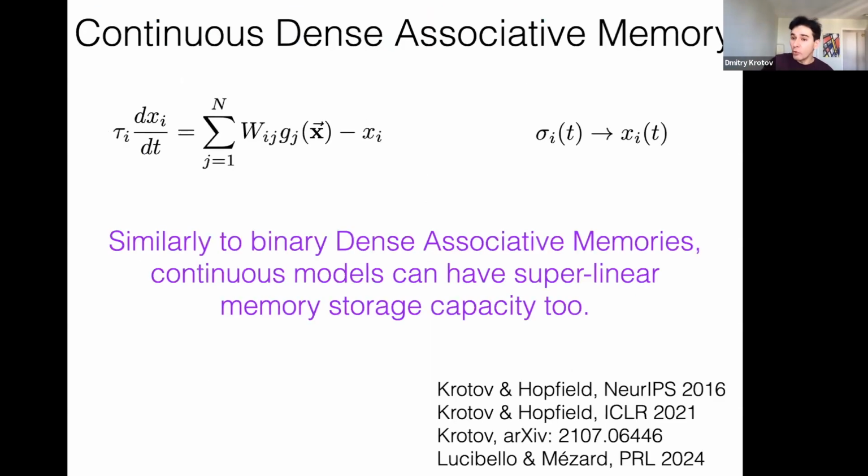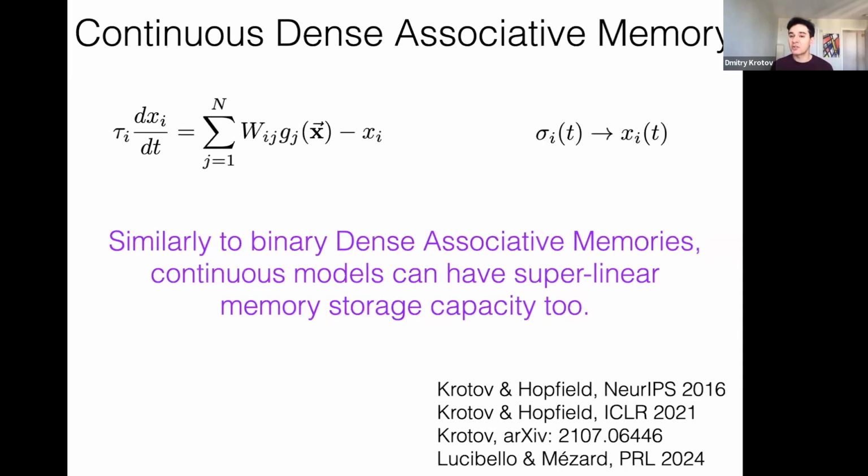Now, of course, when we try to build an AI system, when we try to do some kind of deep learning, we don't want to work with binary variables, because we presumably want to train networks using backprop. We want everything to be fully differentiable. And for that reason, it's highly desirable to make sure that these results about exponential or very big memory storage capacity do not disappear if you go from binary variables to continuous variables. It turns out that by now there is a very well-established theory around dense associative memories that admits both descriptions of binary networks and continuous networks.